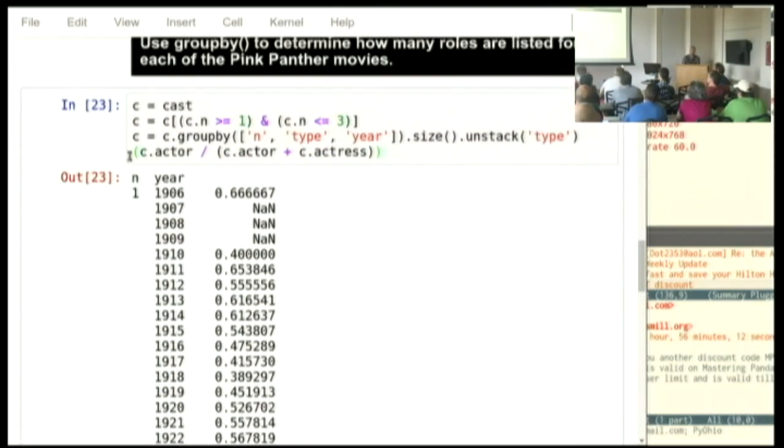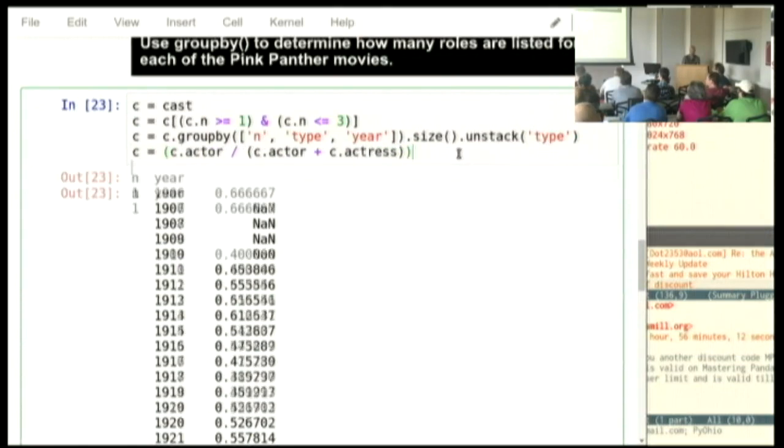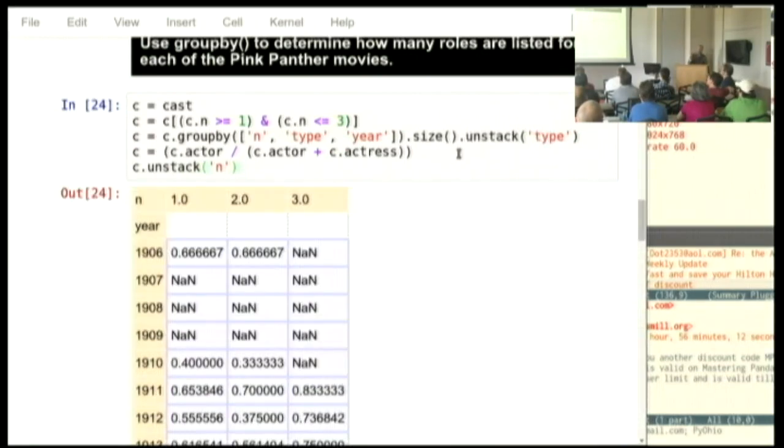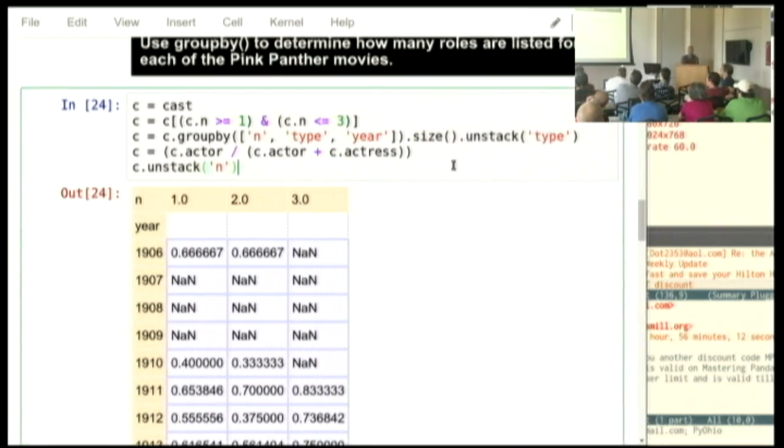So watch this. I will, as my finale, do a final unstack. First, I just had 3 things: n, type, and year. I unstacked type to get actor and actress on top and combined those values by year. Now I'm going to unstack on n. So instead of plotting a single line, I'm going to plot 3 of them over movie history: an n equals 1, an n equals 2, and an n equals 3 line.